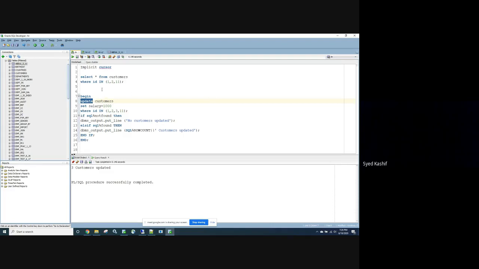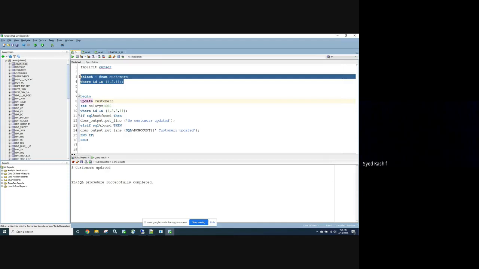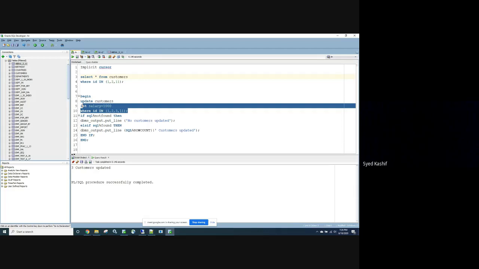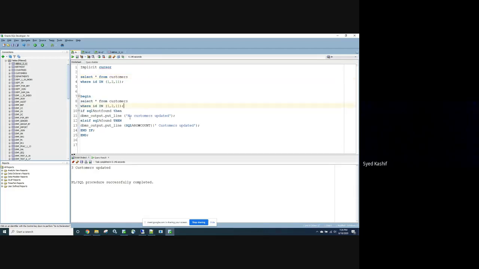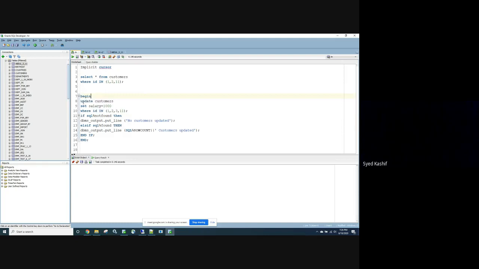Okay. I want you to execute this select statement into this. You won't be able to do it. Try it out. This will not work. Delete will work. Let me try delete first. So delete from customers where ID in. If you execute this,